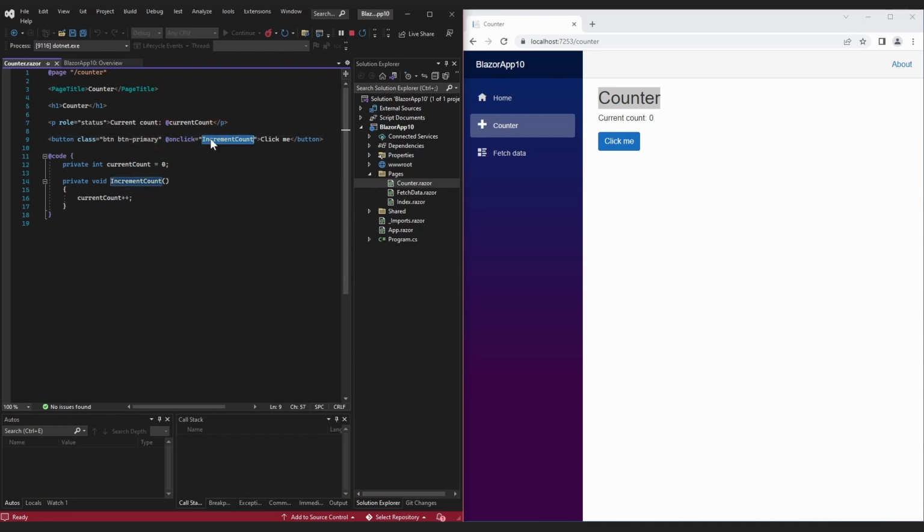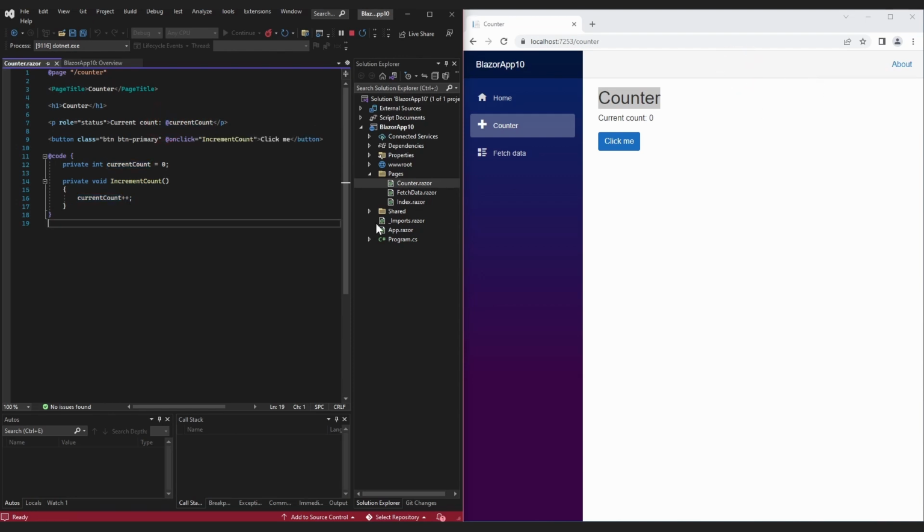So on click, we want to call the code called IncrementCount. And you can see on line 15 through 18, we've got a method, which is a block of code, and that takes in our currentCount variable and adds 1 to it. So every time the button is clicked, this piece of code is called, and the variable is increased by 1, which is being displayed in the paragraph tag here.